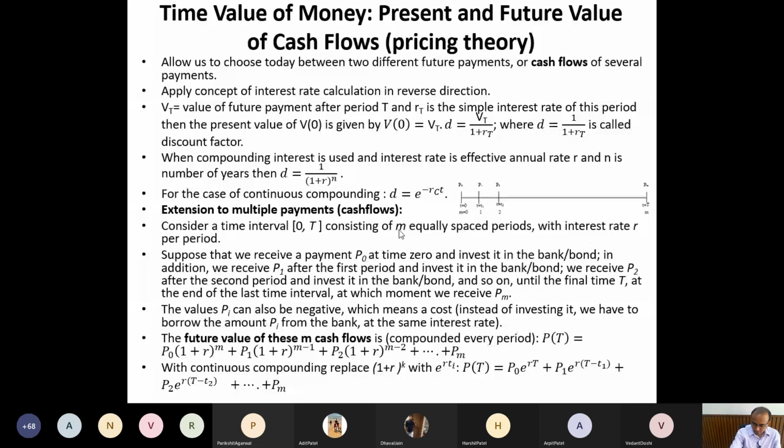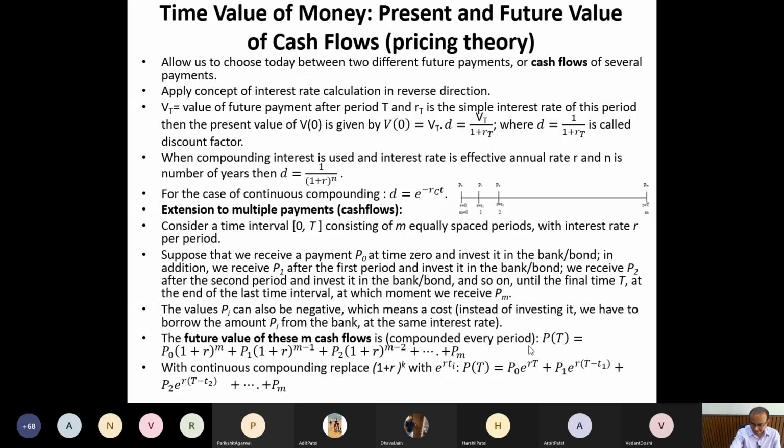Now I want to calculate the future value of this m cash flow, because there are a total of m cash flows. You can see it starts at m equal to 0, 1, 2 up to m. Initially, I assume I have some amount or I will borrow some amount. Then I have m number of cash flows, and I want to calculate the future value of such cash flows using compounding every period. Let me assume my amount gets compounded every period, because I am receiving P1, then reinvest it, P2, reinvest it, and keep doing so. So how can I calculate the future value?